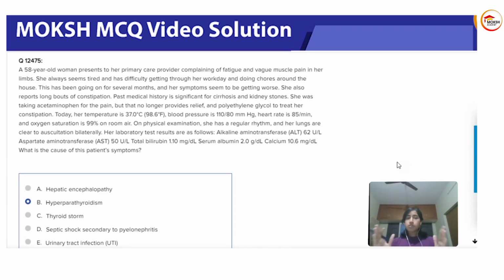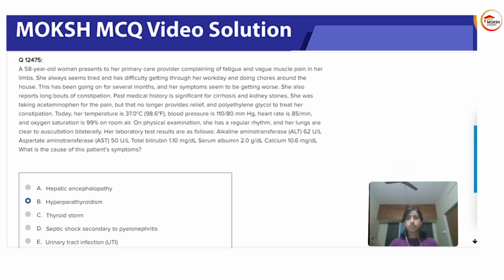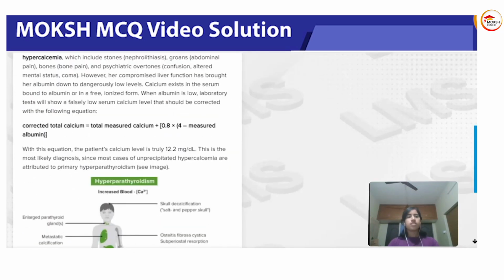So anytime it's outside the normal range, you need to know how it affects the actual calcium value. The calcium value that you see over here is not the corrected calcium value. There is a formula that you have to apply to get the corrected calcium value. I'll show you the formula and explain it. This is how you calculate it anytime the albumin level is outside the normal range. Like I mentioned, 3.5 to 5.5 is the range, but we will consider 4 to be normal, so it's easier for calculation.